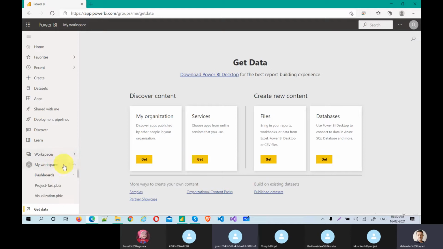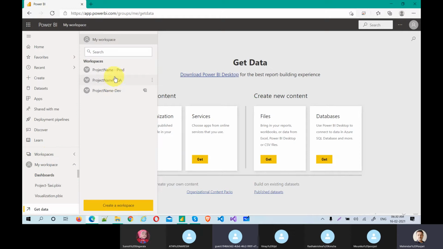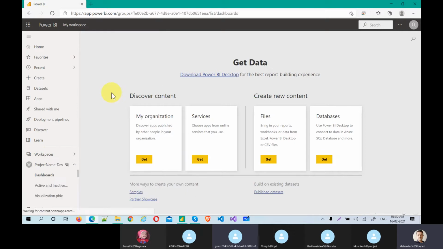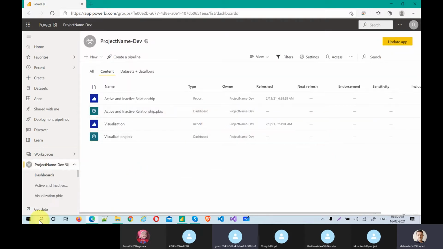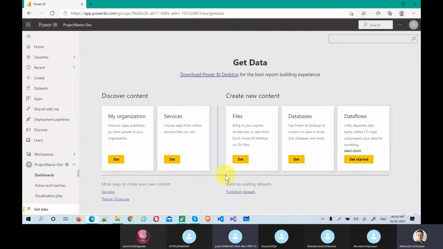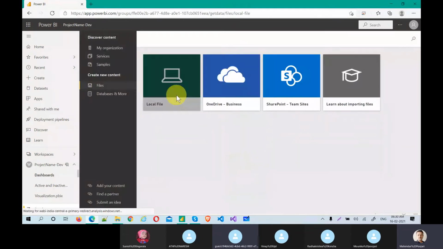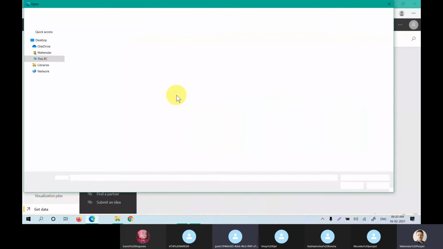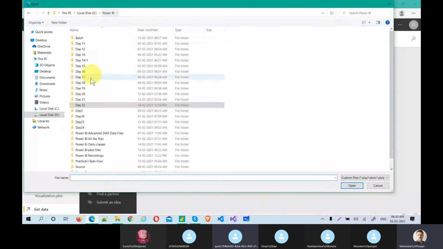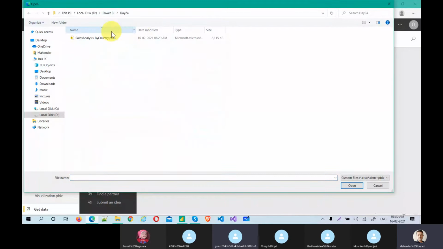Are we in My Workspace or the other workspaces? Just choose dev this time and get data. Okay, click on get data, so it will be routed to that workspace basically. In day 24, when was the time? 16/6/29. Yep, this is the one.